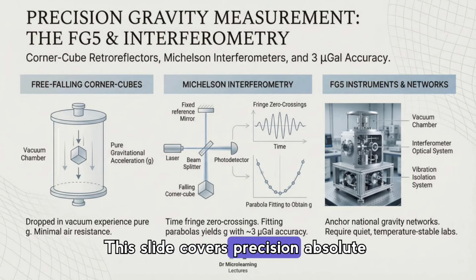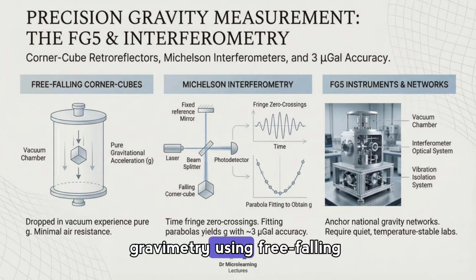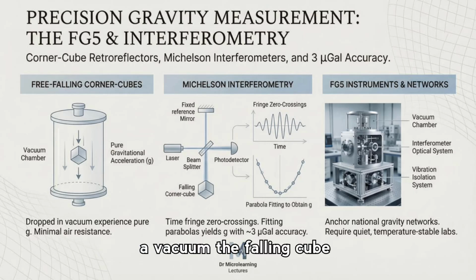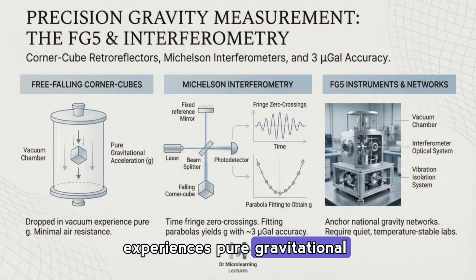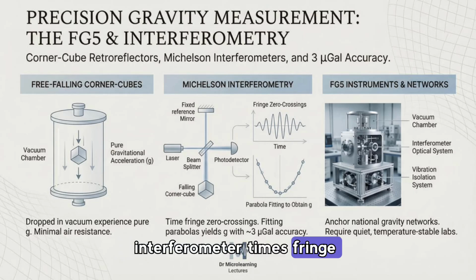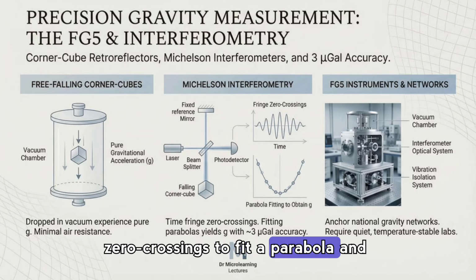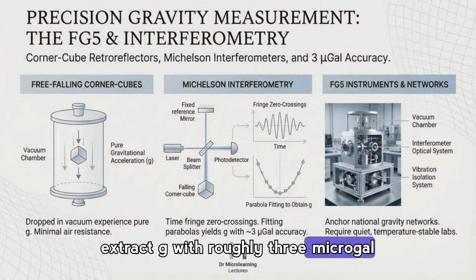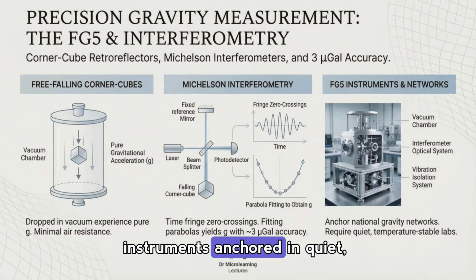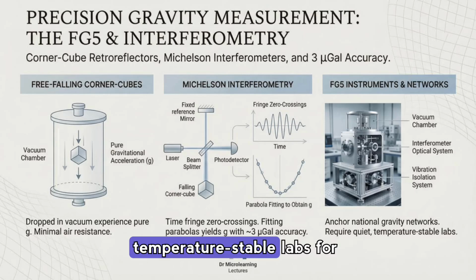This slide covers precision absolute gravimetry using free-falling corner cubes and interferometry. In a vacuum, the falling cube experiences pure gravitational acceleration, while a Michelson interferometer times fringe zero crossings to fit a parabola and extract g with roughly 3 microgal accuracy, with FG5 class instruments anchored in quiet, temperature-stable labs